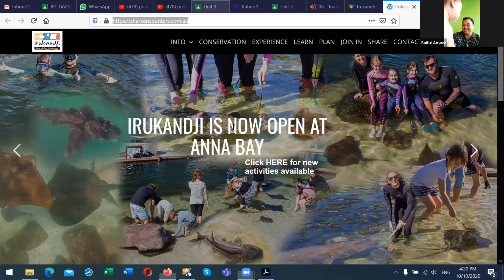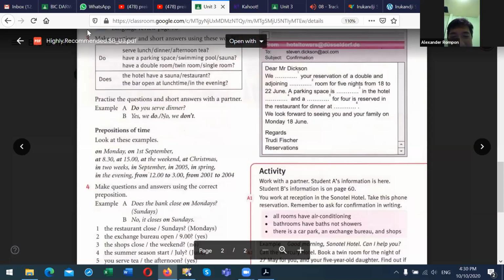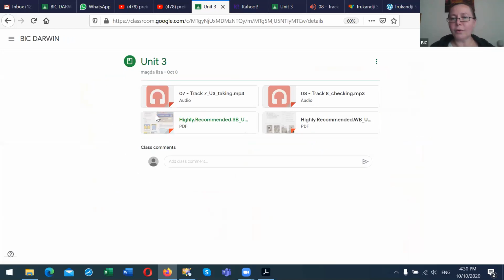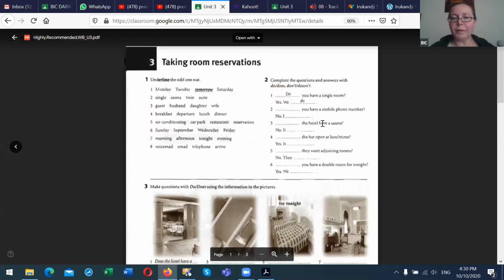How do I put the control somewhere else? So I'll go back into Google Classroom. Okay. And as I said, starting today, I'll be giving you homework. So your homework is already in there. It says WB, that means workbook. So when you open it, it's your homework. This is what we'll be starting with next week.